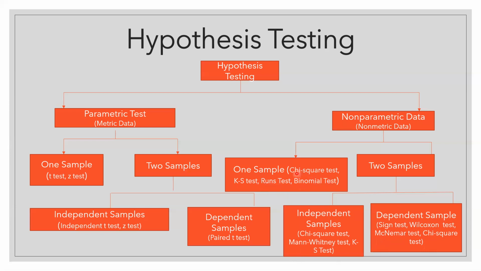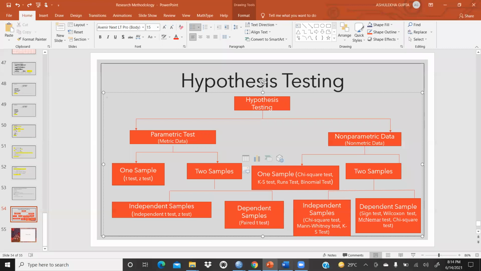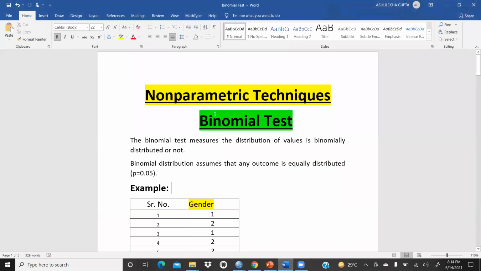So today we will discuss the binomial test, how it will work, where we have to apply it, what we want to test, what we want to check, right? So this is a non-parametric technique, the binomial test. Binomial test means it's a very simple thing. Suppose you are tossing a coin, right? Let's say you have tossed this coin 200 times. So 100 times is head, 50-50% chances, 50-50% probability, and 100 times that would be tail, right?